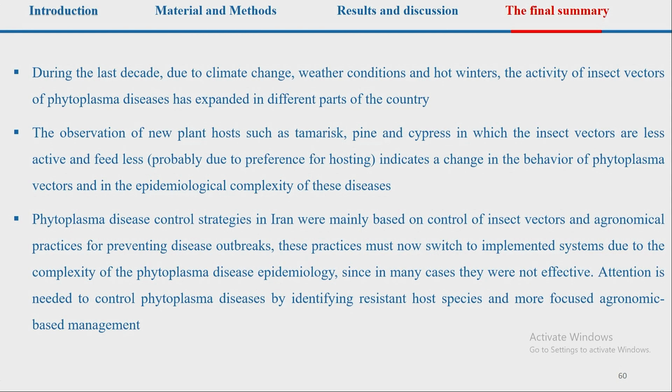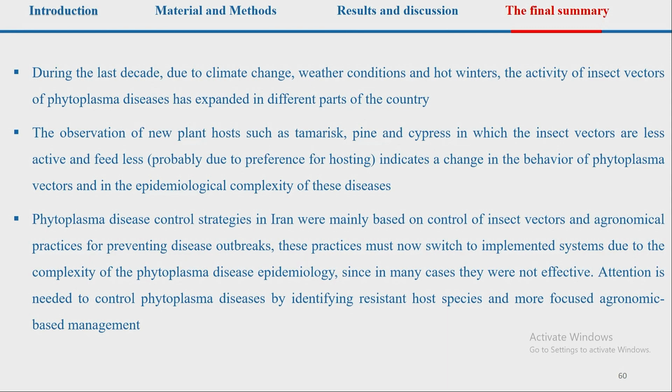During the last decade, due to climate change, weather conditions, and hot winters, the activity of insect vectors of phytoplasma disease has expanded in different parts of the country. The observation of new plant hosts such as tamarisk, pine, cypress, in which insect vectors are less active and feed less, probably due to preference of hosting, indicates a change in the behavior of phytoplasma vectors and in the epidemiological